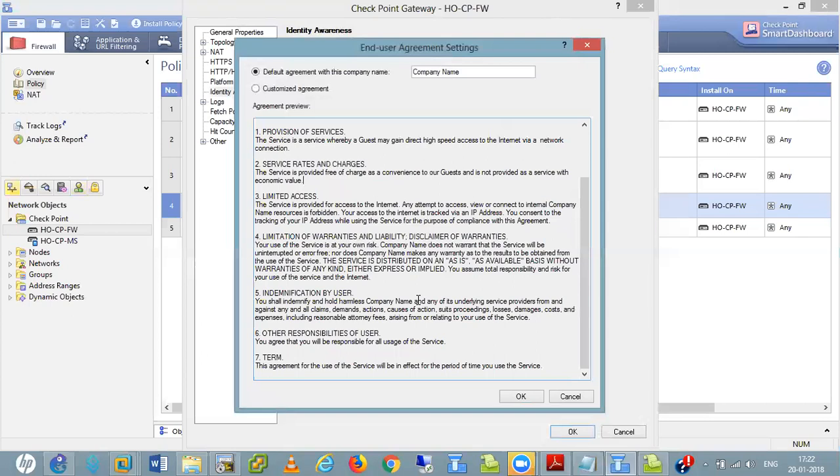For externals also. Yeah. Generally, what happens? See, we don't want any external users to access our network. Like some guest comes into our network for three or four hours and wants internet access. At that time, what do we do? So he can use these portals, these types of things.